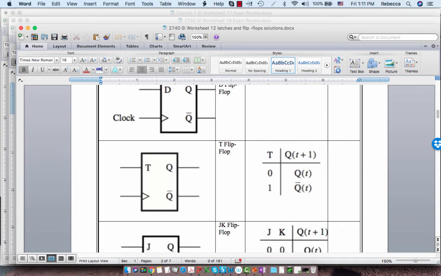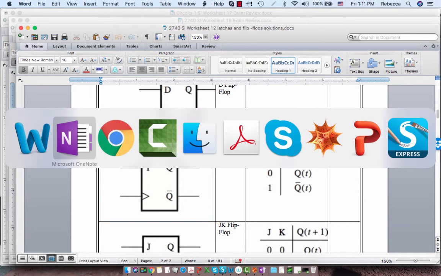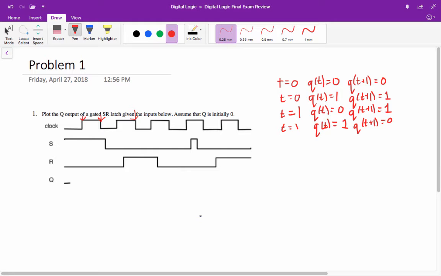Okay, so that's a T flip-flop. Oh, and it can be positive edge triggered or negative edge triggered, and you tell whether it's positive edge triggered or negative edge triggered by looking at the triangle. So if we look at just an average flip-flop here,